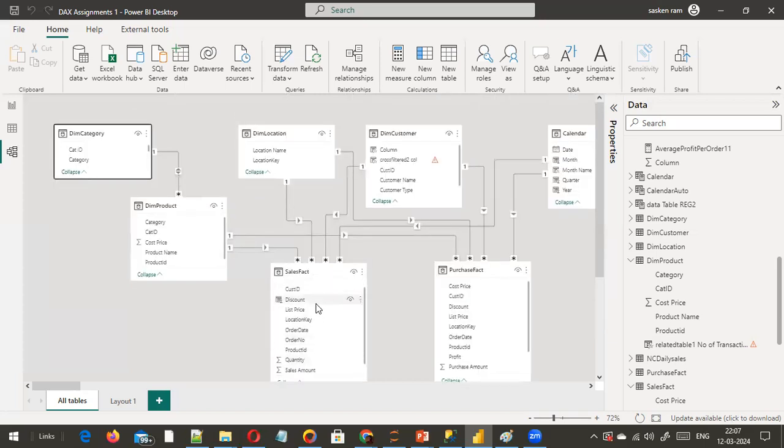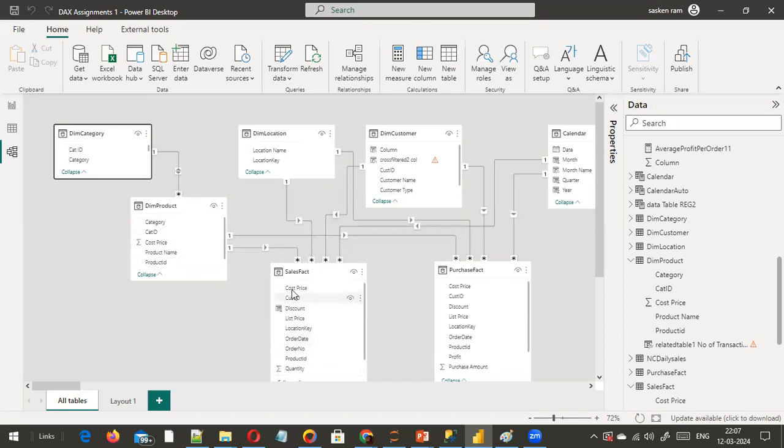So the fact table consists of all the key columns. What is that? ID, customer ID, location. Can you see the customer name? No, right? Can you see the product name here? No, only the product ID is there. Product ID is kind of a key column. Location key is a key column. Usually we use the naming convention, product key. Actually, the naming convention is not correct here. Here the category key should be there, and product key should be there,